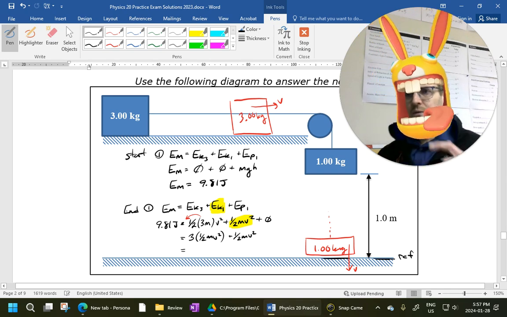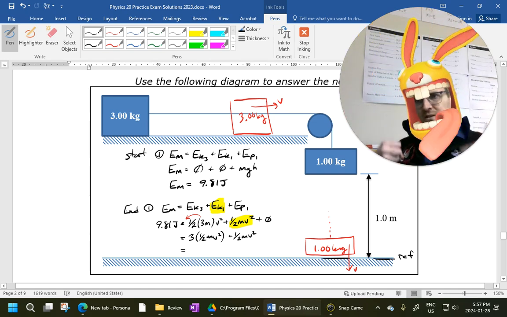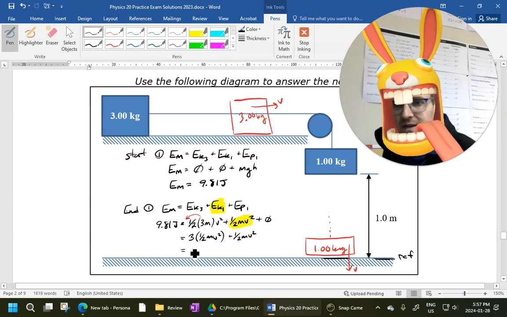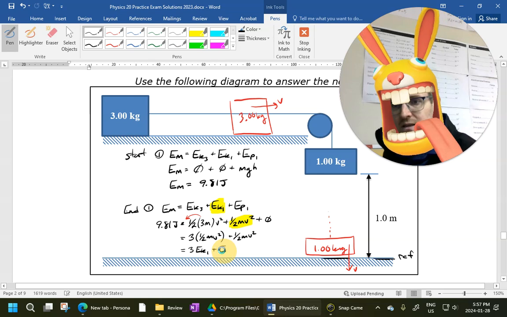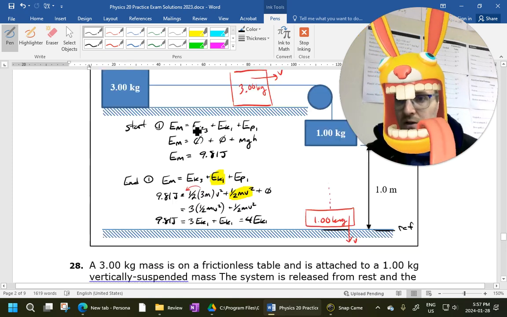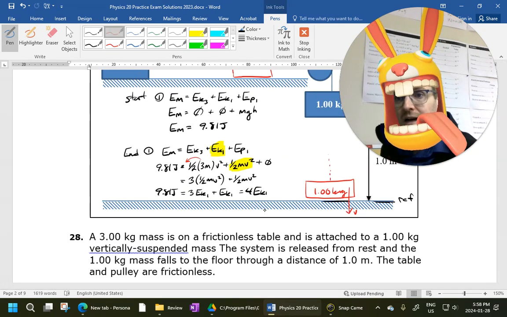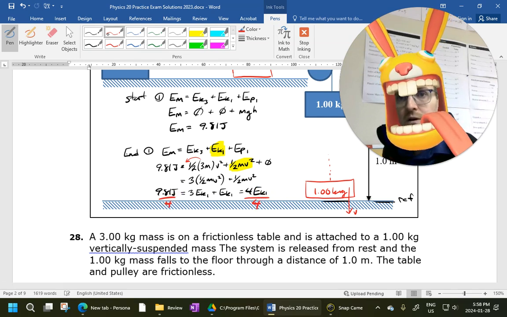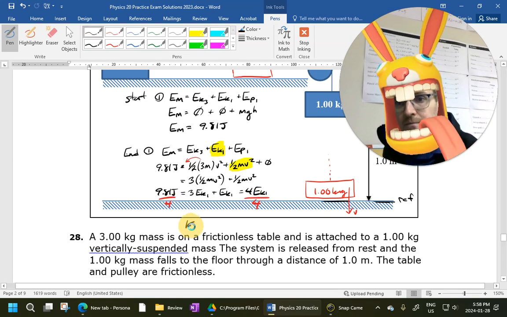So if I were to factor something out of this, what you would notice is that actually I don't even have to factor anything else. This is going to be 3 EK1s plus an EK1. That's 4 EK1s, and that's equal to 9.81. So if I want to solve for EK1 now, I just take this, divide by 4, divide by 4. So EK1,